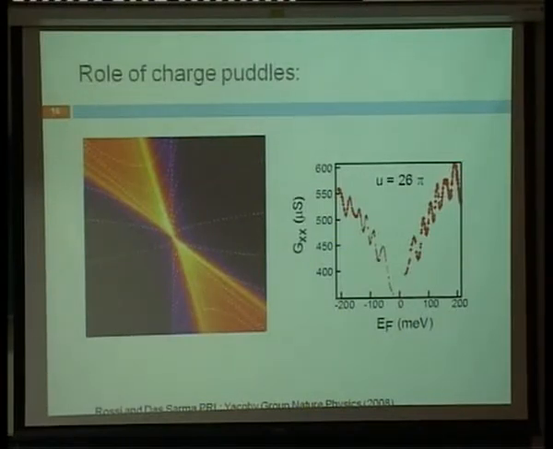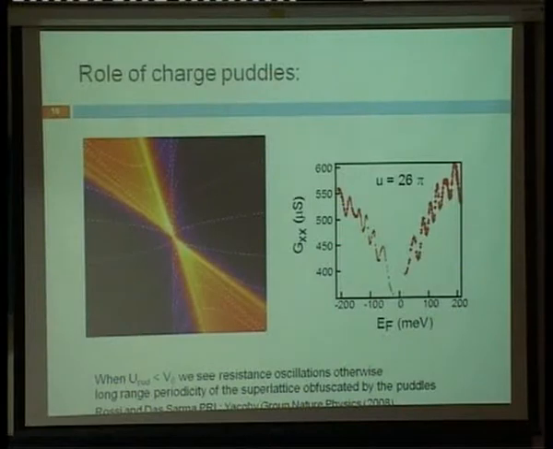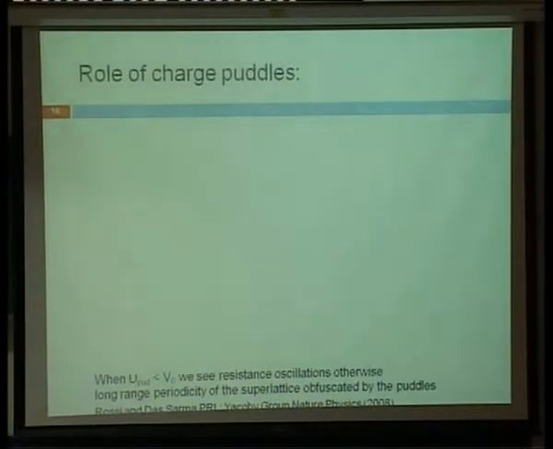And so I kind of already gave away the story. When the puddle energy scale is much smaller than the potential barriers that I have imprinted on graphene, I see very nice resistance oscillations. Otherwise, I don't really see them. And this is, in a qualitative sense,